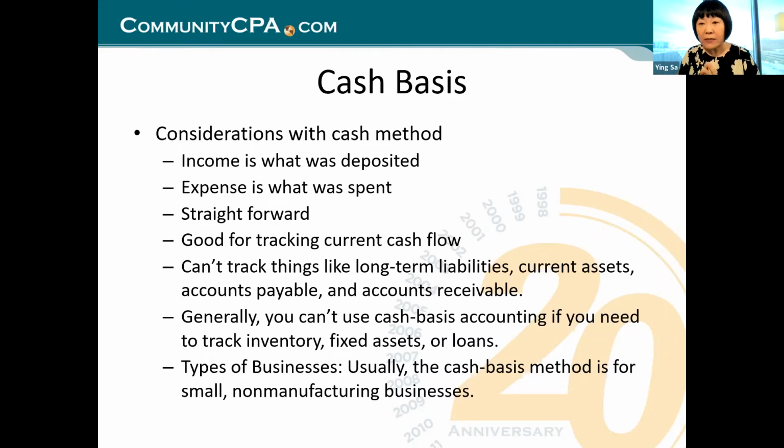So for dental office, most of them are on cash accounting because they want to count only when the insurance company deposit the money. Not only is that the best practice, it's also easier. Otherwise, what are you going to do? You are going to do receivable for $100, and when you receive the money it is $89, so you need to figure out the $11 to write off. And so you already submitted your income to IRS for $100, and then next year you go, I need to reduce $11 because that $100 I didn't really get paid in full, right? It's a lot of work. It's doable, but it's a lot of work.